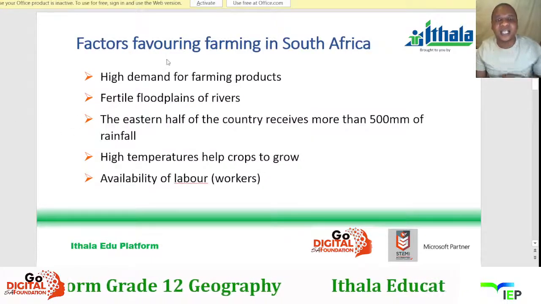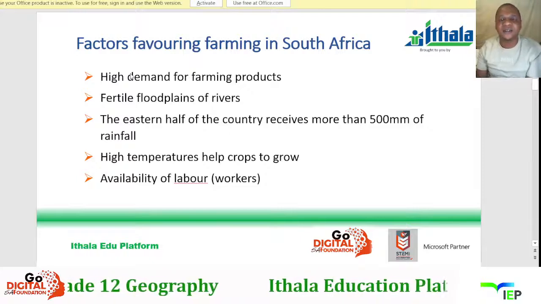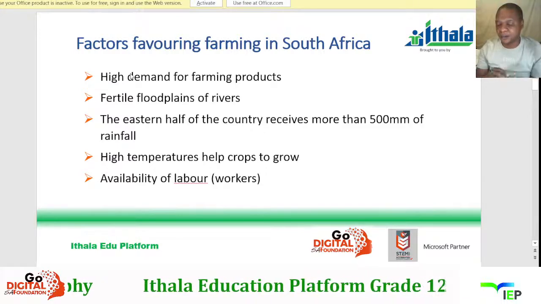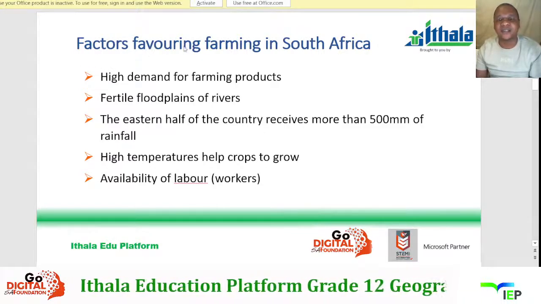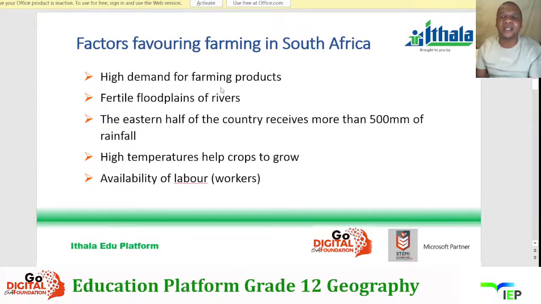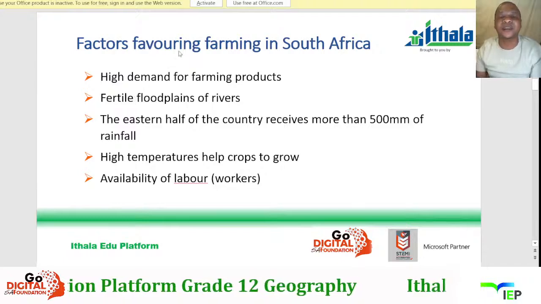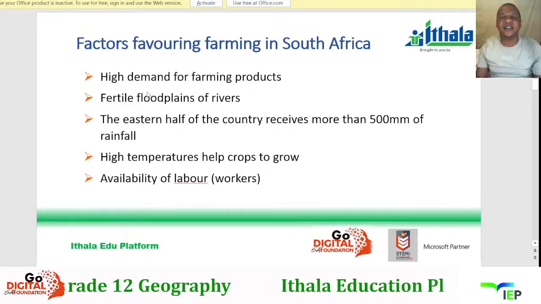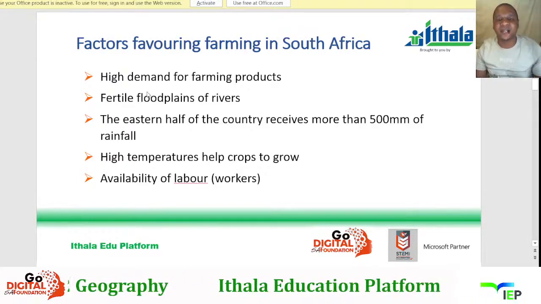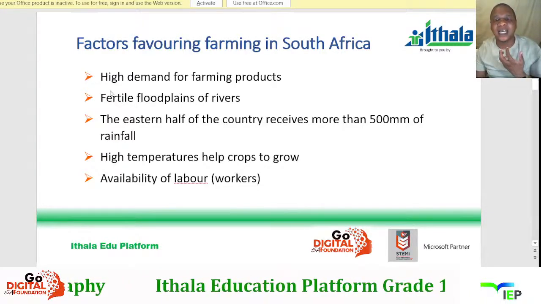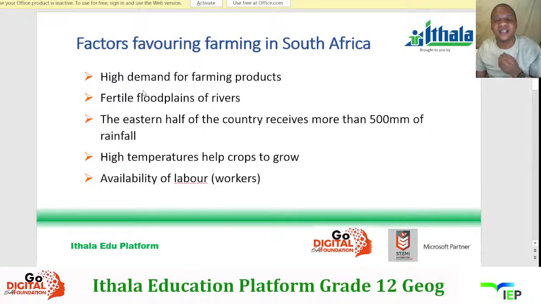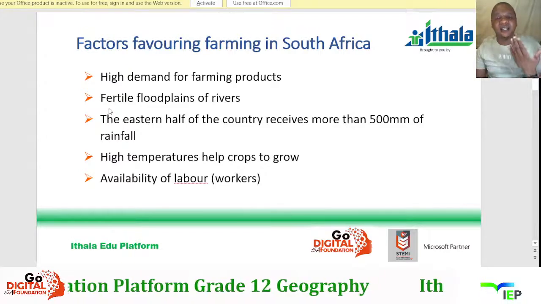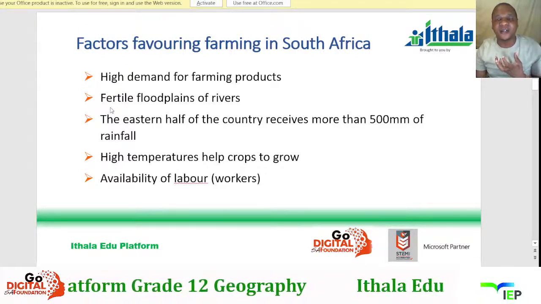Right now let us look at ama factors favoring farming in South Africa ke. Grade 12 la kuzomela sazi ukuthi this topic yama factors favoring farming in South Africa iphuma in a form of a paragraph. So kwi exam you may come across with such a question, bekubuza ukuthi what factors favoring farming in South Africa, and then uzosho ke manje ukuthi okokuqala nje ama farming products are in high demand. So there's a high demand for farming products,